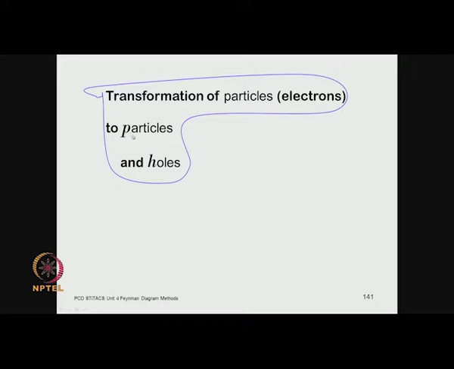So, the font is different, and then there are these holes that we will be talking about, and the h is also written in italics. So, this is a font change which I want you to notice. I am following the notation which you will find in the book by Rames, which we have been referring to for this discussion. Okay. So, the first thing we will do is to carry out a transformation of particles to these slanted p particles and the slanted h holes, and this font is what I want you to notice. This is the upright p, and this is a slanted p or an italicized p, and this is an italicized